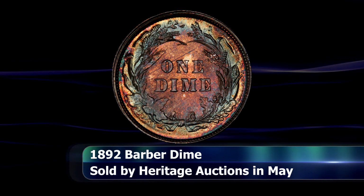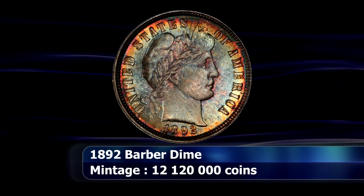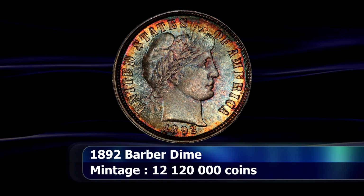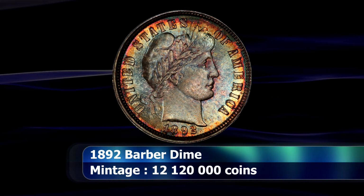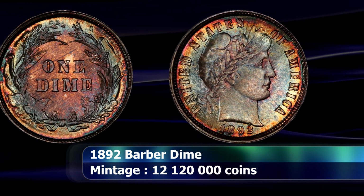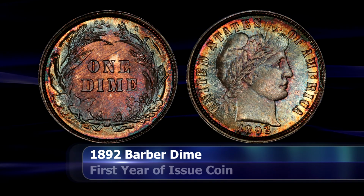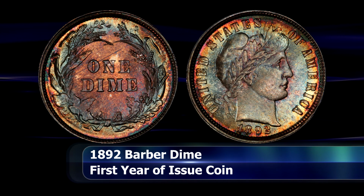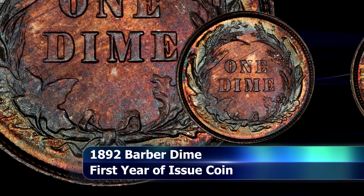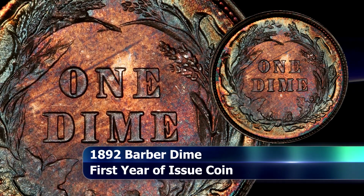1892 was the first year of issue for the Barber's silver coins, a novelty not entirely lost on most people at the time, as a good quantity of these coins were kept as souvenirs for this exact reason. In fact, the issue has the largest proof mintage for the series at 1,245 coins, as the mint was selling the coins directly to the public, a significant swath of which were not